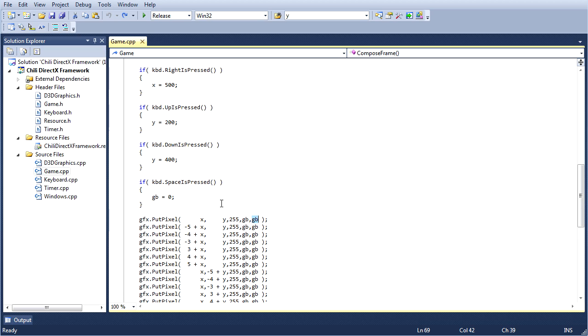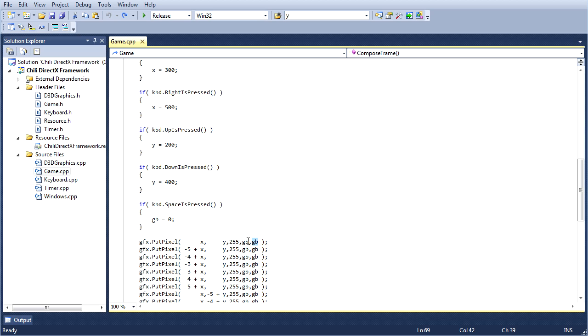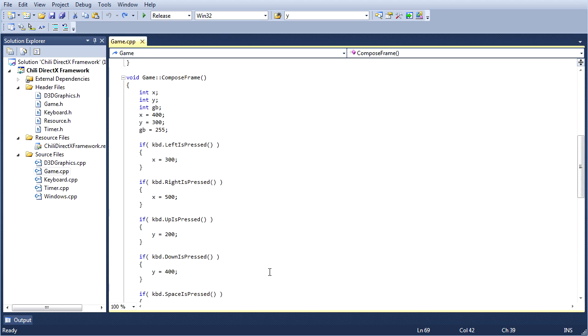And what happens is, if you don't press the spacebar, GB remains at 255, so we get 255, 255, 255, which is white. But if you press the spacebar, GB gets set to 0, and your color becomes just 255 red and 0 green, 0 blue. And that is how that works.